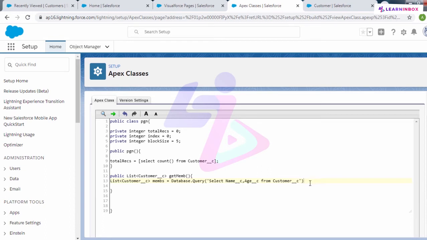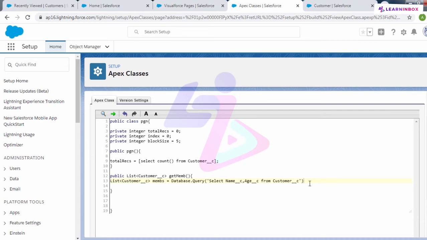Now we have to understand the difference between a simple SOQL query and a query used inside database.query. Queries are restricted in SOQL, which means the columns cannot be used here as variables, nor can you set the conditions.